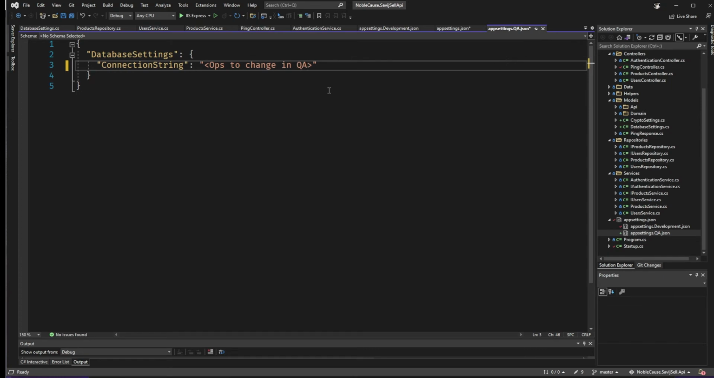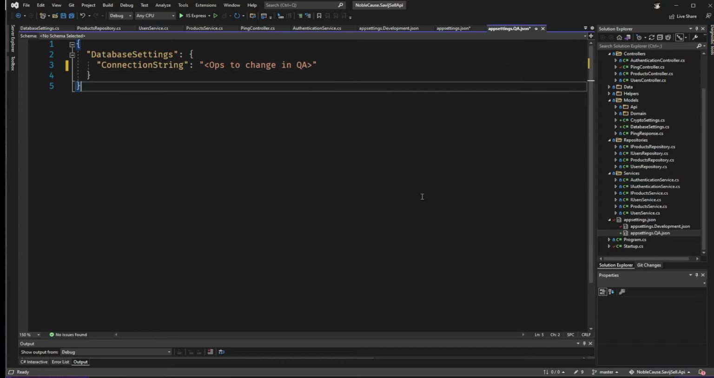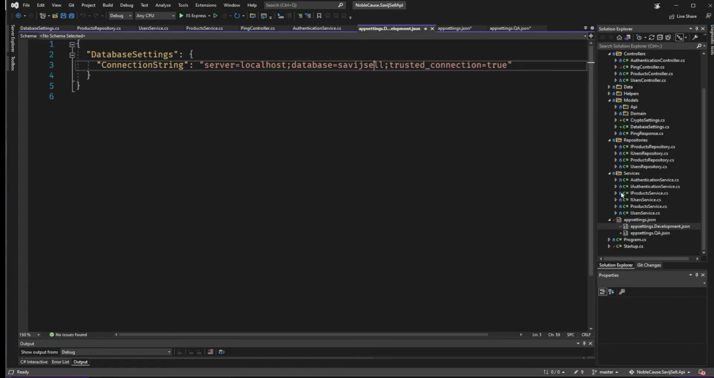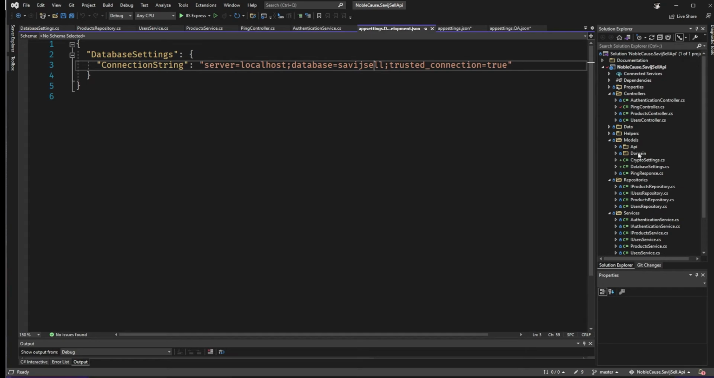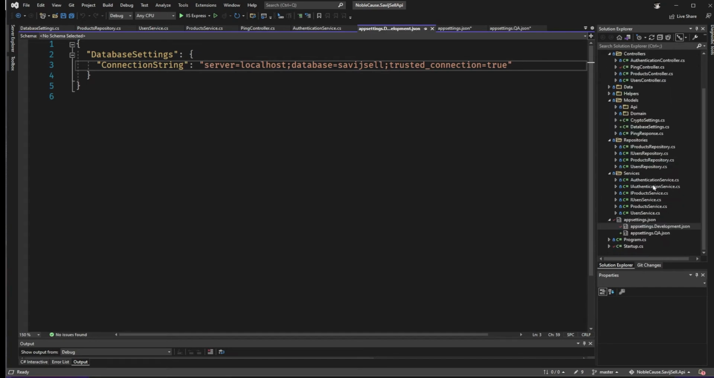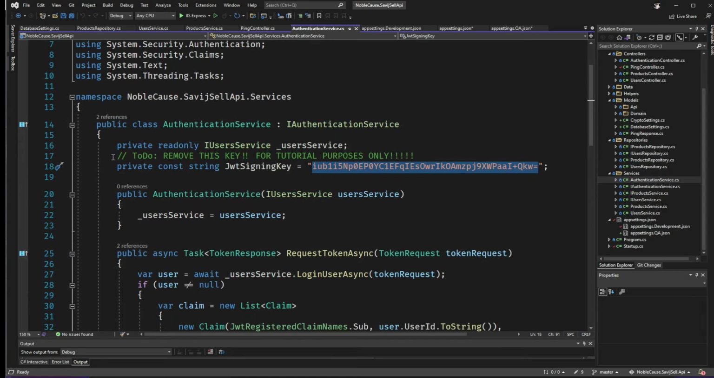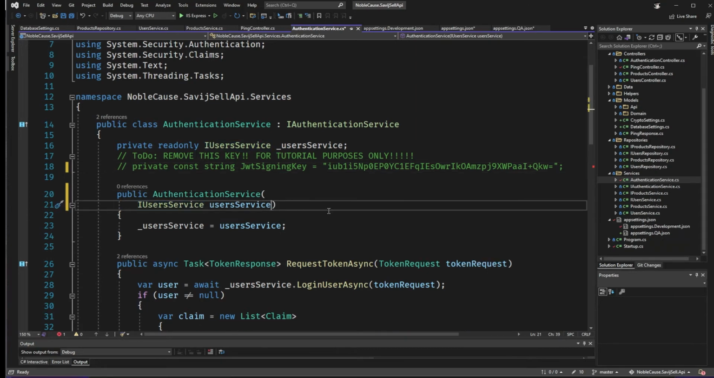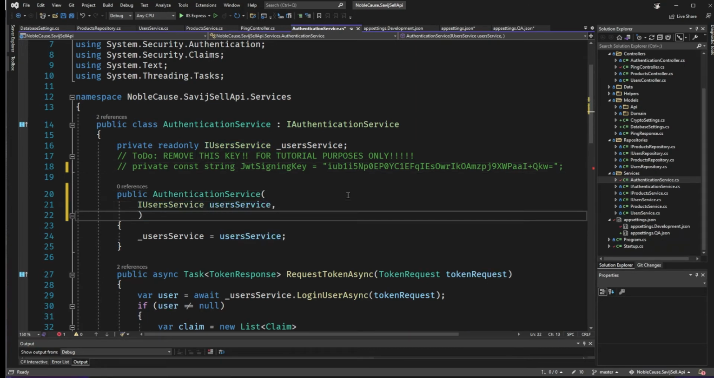And everybody has a different mechanism for how they like to do this. And that way for development, we have our connection string there and we have our user settings. So let's go through and make it work. So authentication service, we're going to get rid of this, right? So in our constructor here, we're going to have an IOptions of